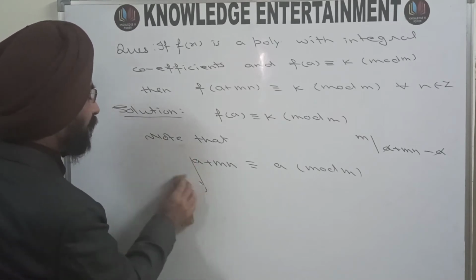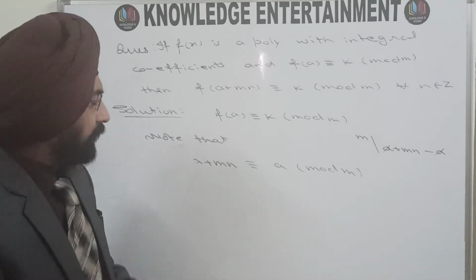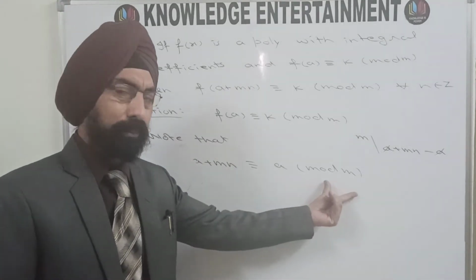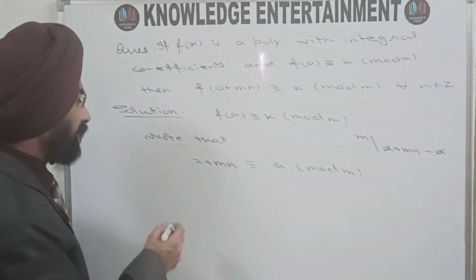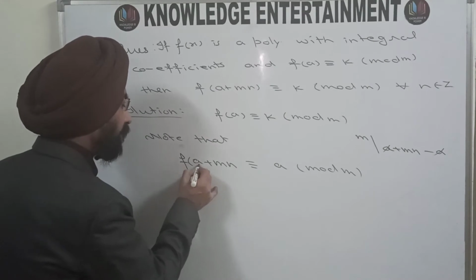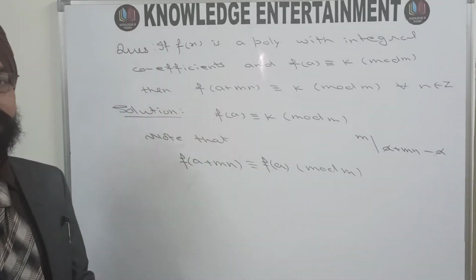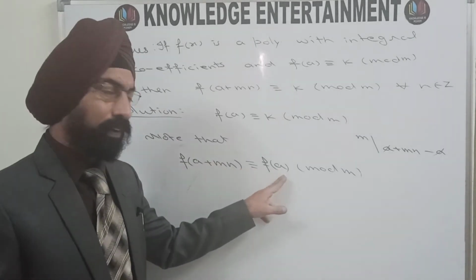In place of a and b, I am having here a plus mn and a. This is a plus mn congruent to a modulo m, and your f is a polynomial with integral coefficients. That means f of a plus mn is congruent to f of a modulo m. Now once again see that your f of a plus mn is congruent to f of a modulo m, but